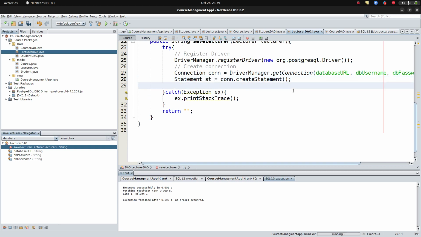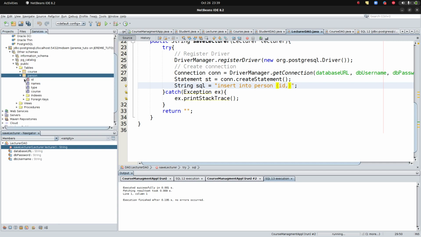Okay. Now let us have a string SQL. That's going to be inside the same table. So we insert into table called person. Specify exactly the columns. We need a column for the ID. Let us remind ourselves. We have ID, names, type, and then values, and then specify the values, and then have 3 of them, comma,